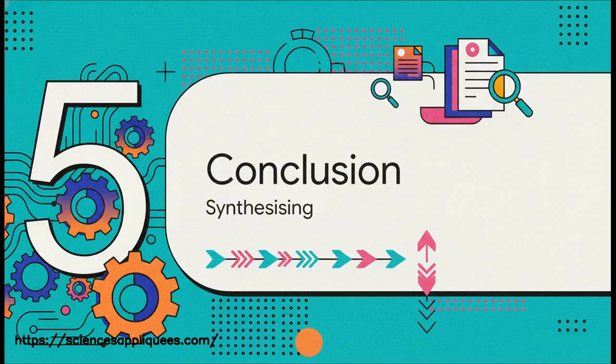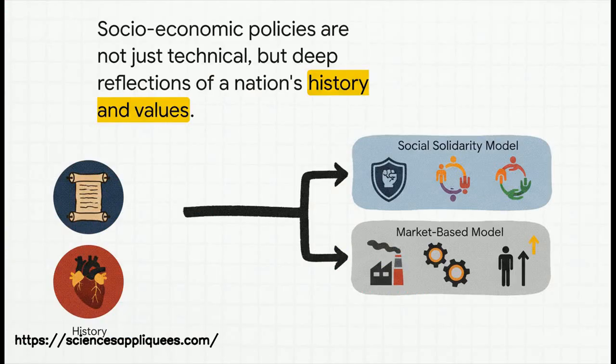So let's wrap this up. It's time to bring everything together and synthesize the main takeaways from our deep dive into this document. And there we have it. We've answered our big question from the start. Nations choose such different paths because their core beliefs about the relationship between the individual, the market, and the state are fundamentally different. These policies, they're not just technical details, they're powerful reflections of a country's entire history, its culture,